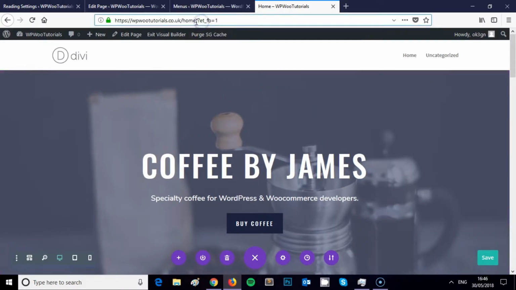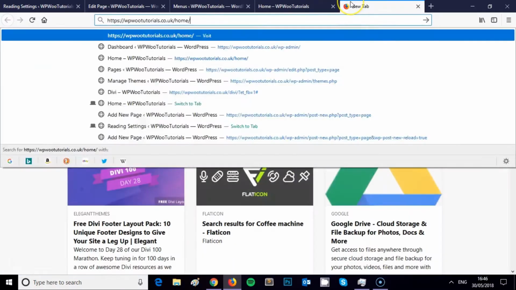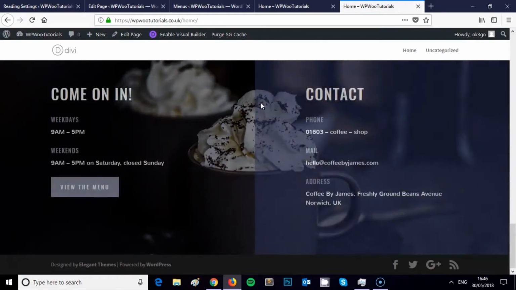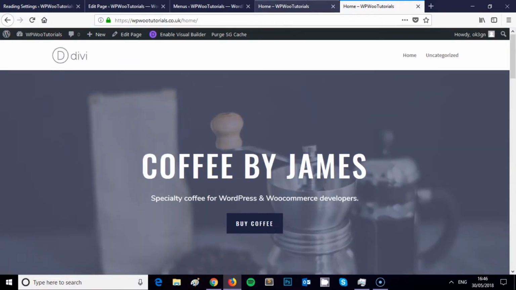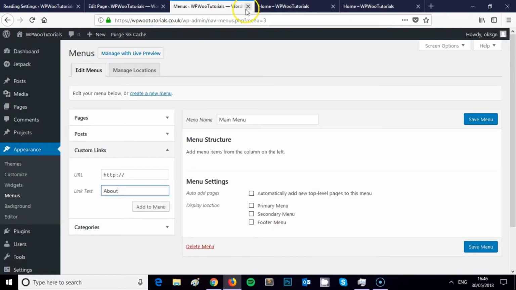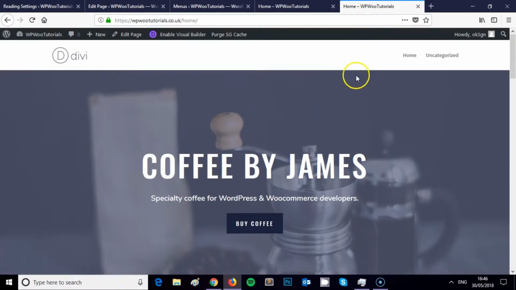When the internet sorts itself out. Cool, so yeah, it's now published these changes. So I can come back to my menu. So as I was saying, as it's a one-page website, the menu is going to be structured a bit differently